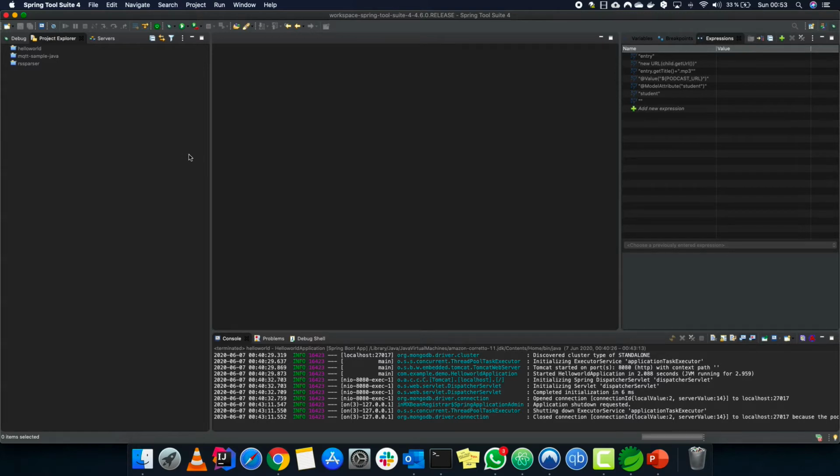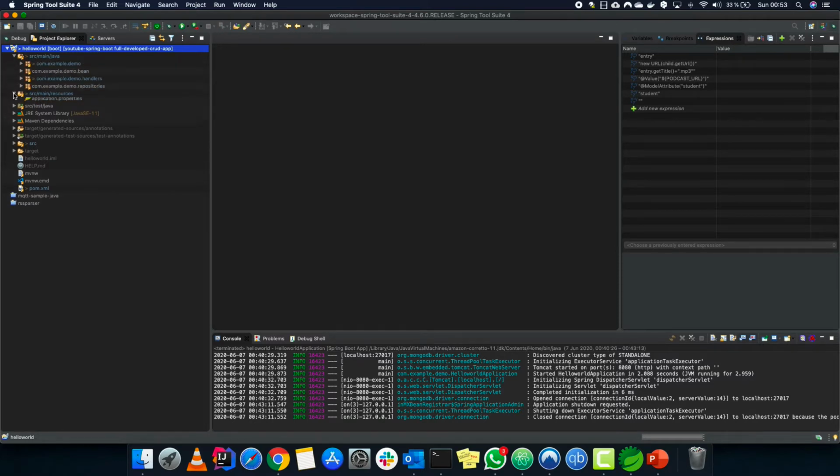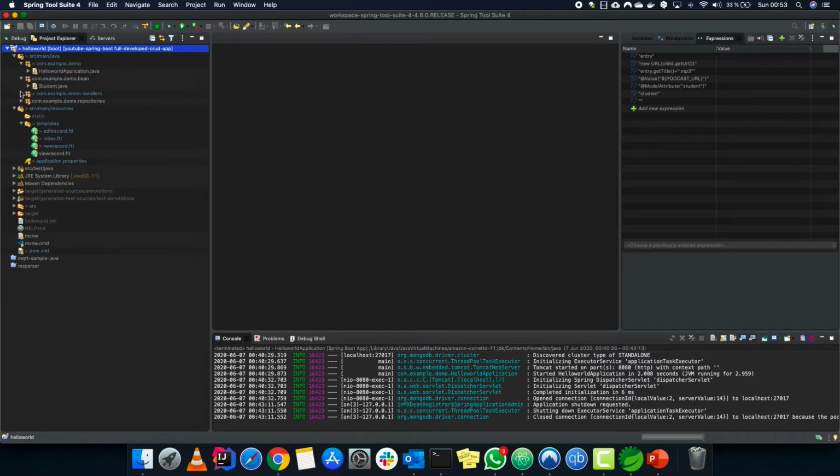This particular open project from file system. So we close this project, we delete this project. Now the project is gone. Now we open the project. Now the project should be open, and it shouldn't have any problems.